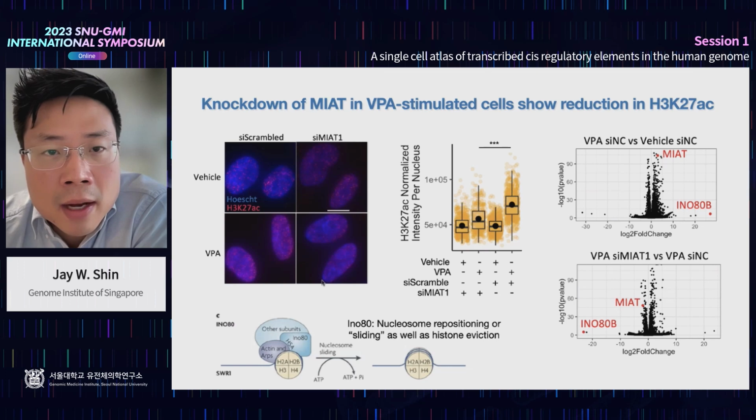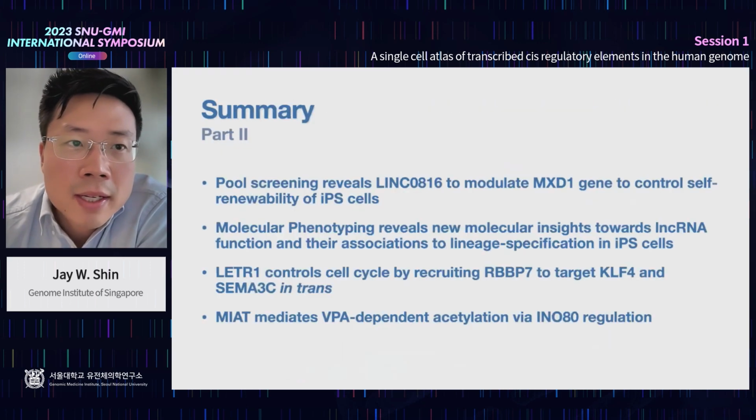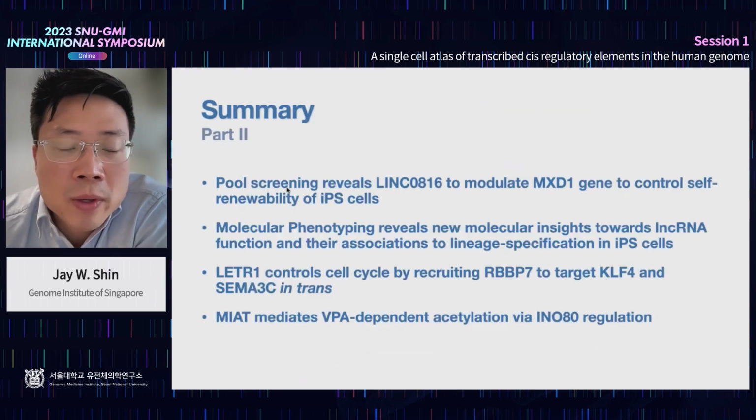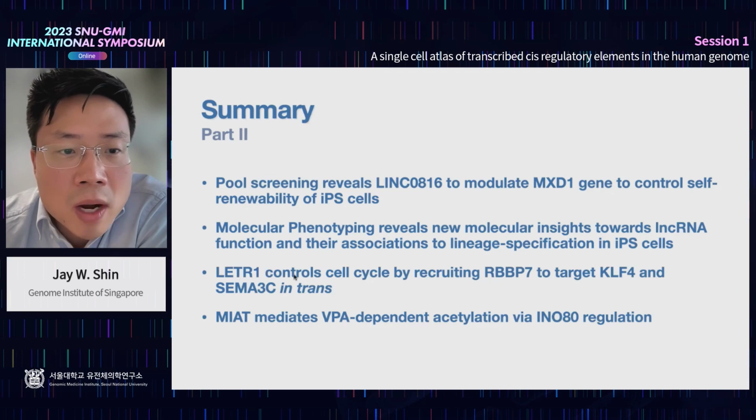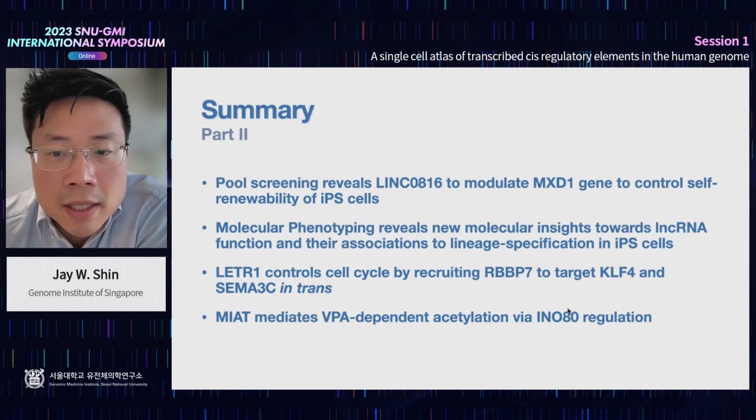So we are now further investigating whether MIAT can play a role in recruiting INO-AD in the repositioning of histone during the gene transcription activity. So I'll quickly summarize that we've done post-screening to reveal link 816 that modulates MXD1. We also perform molecular phenotyping, which I believe is a very powerful way to understand the function of these unknown genes. And we've shown that LATR1 controls cell cycle through RBP7, and that MIAT could mediate BPA-dependent acetylation in INO-AD